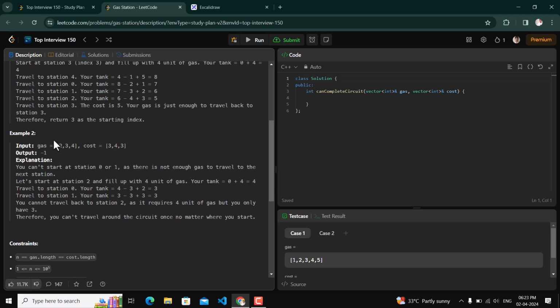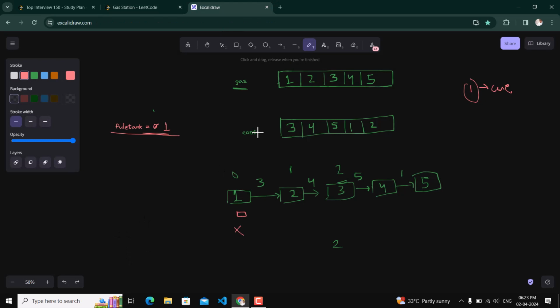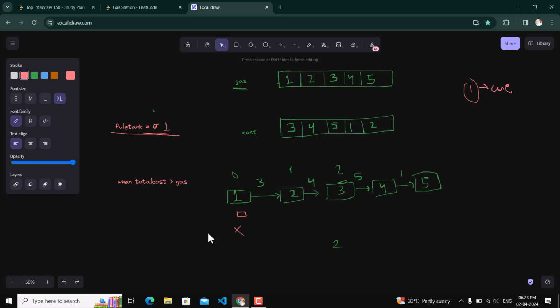Okay, so initially we have 0 gas, and if we fill all of these, 3 plus 4, 3 plus 2, it is 9, and the cost required is 3 plus 3 plus 4, which is 10. So in the case when the total cost is greater than the total gas,